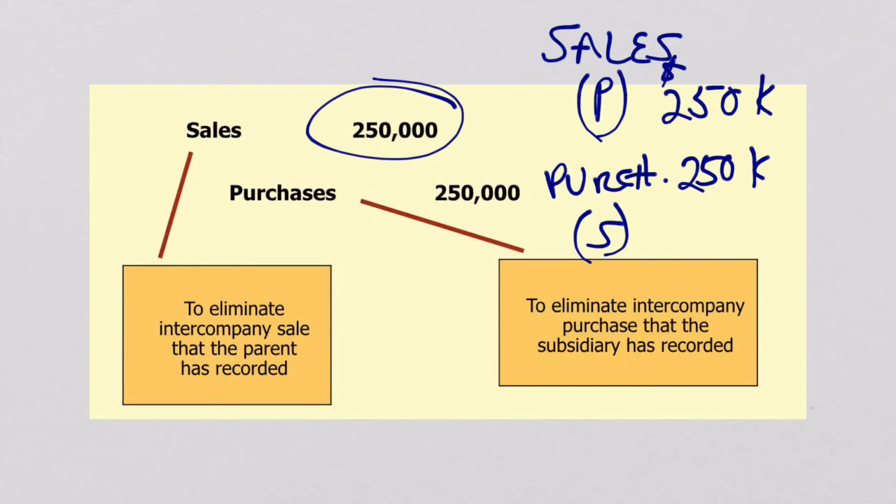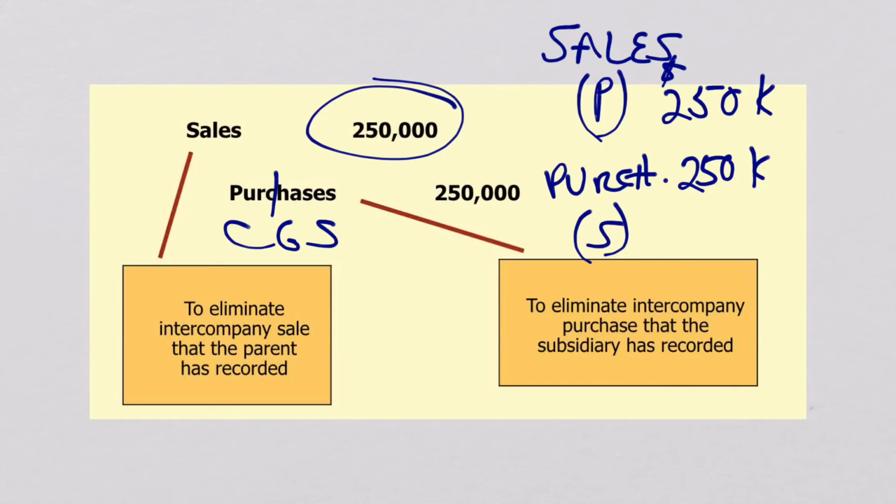And thus, to look at our entries that we're doing the way you see it here makes all the sense in the world. The entry that we made, of course, at this point is we did a credit to the cost of goods sold for the whole amount, and that's okay too. It's basically the same thing if you think of the formula of beginning inventory plus purchases minus ending inventory equals cost of goods sold. So if you're trying to lessen the cost of goods sold to act as if the profit between the